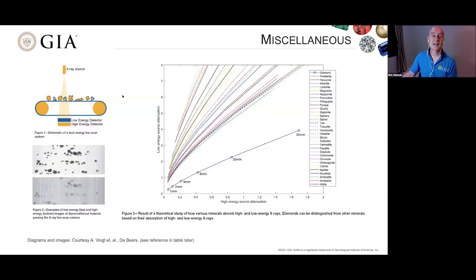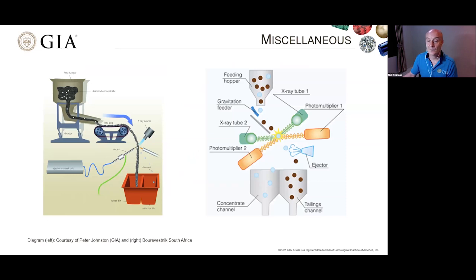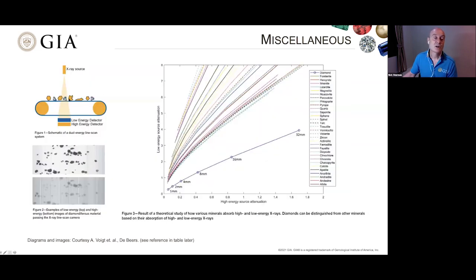And that was the X-ray fluorescence technique, but we also have X-ray transmission. And this is from an article that I found online, and it just shows another method where the diamonds are passing on the belt, and the X-ray passes through. Whenever a diamond is detected, you can see here on the two different scans, the diamonds will show up, and therefore they can separate the diamonds from the ore.